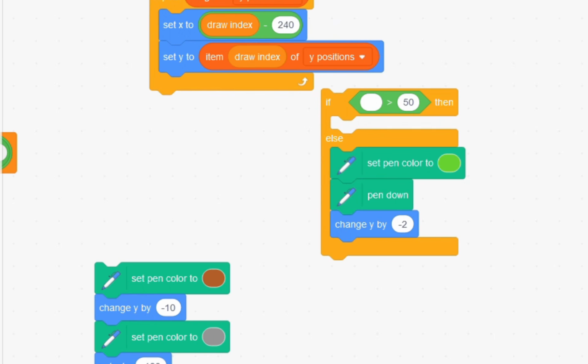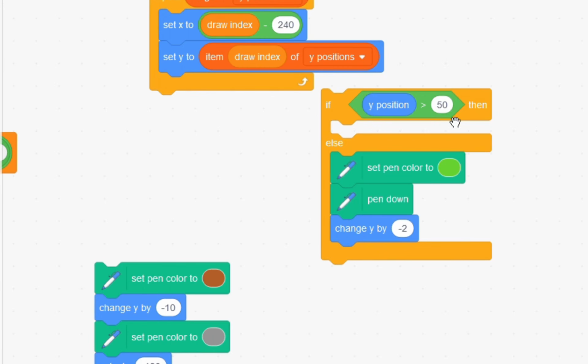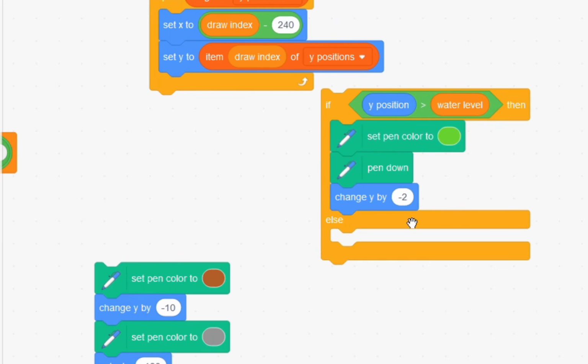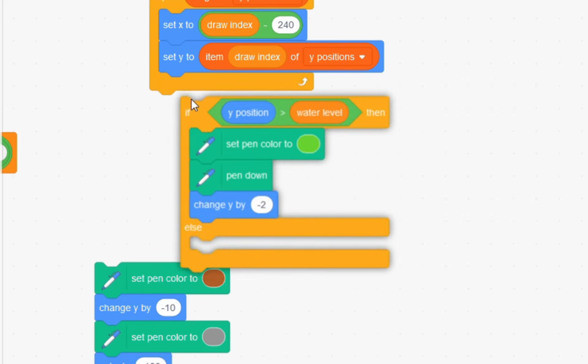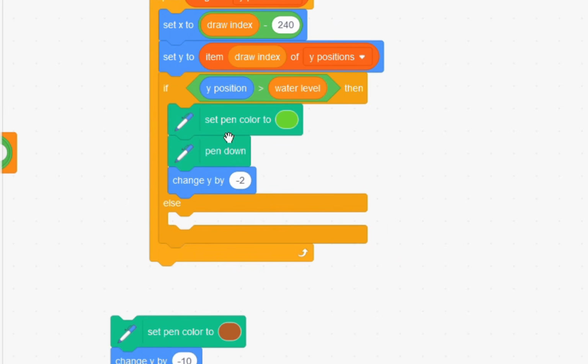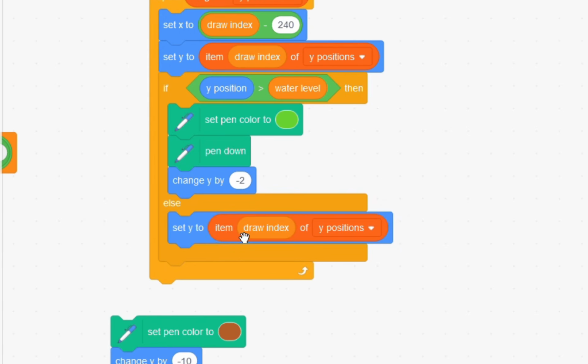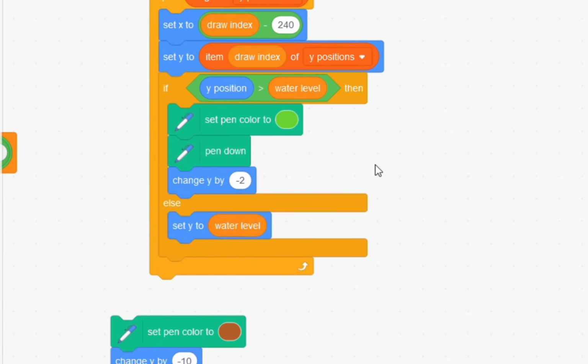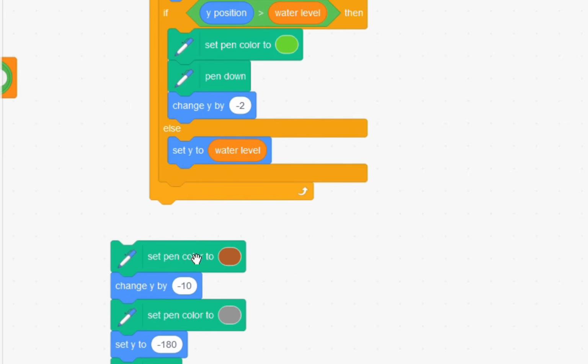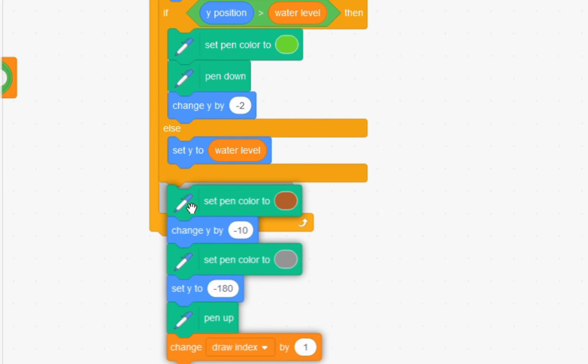If Y position, because we already set Y up here, if Y position is greater than water level, then we're going to do this. This should be in the if, sorry. Then we're going to do this, what we've been doing before. Otherwise, we're going to set Y to water level. So go to the water level, and then